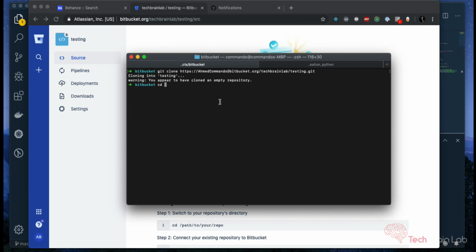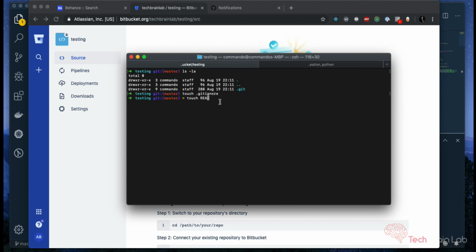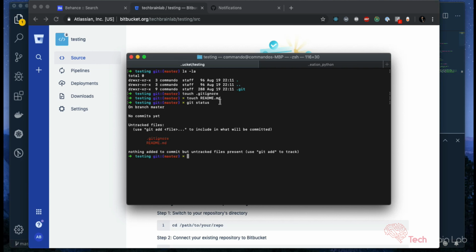It's an empty repository, that's true. So let's go inside this testing. There is .git, it's empty. Of course, we will have the .git folder there, the Git configuration folder. So let's have our first file, which will always be the .gitignore. Also, we need a README file, that's by default. Then if I see the status, I will find all these files not staged, so let's stage them,